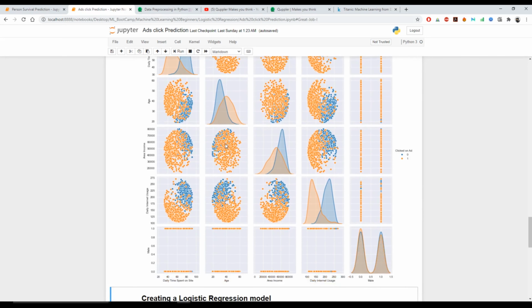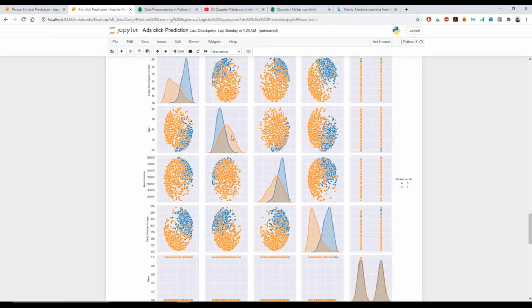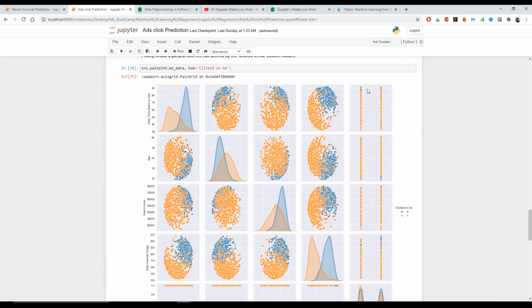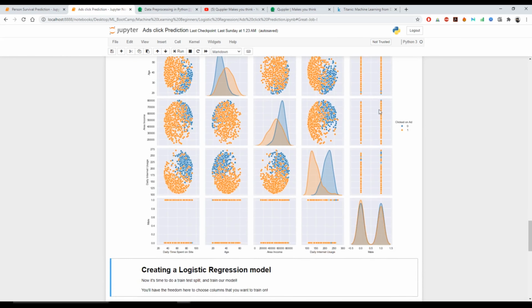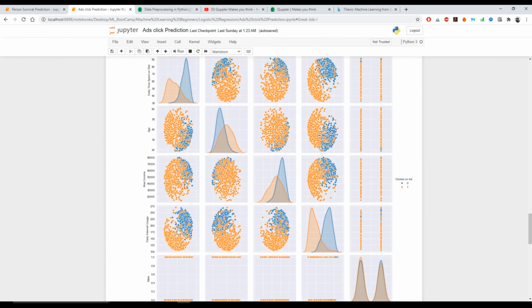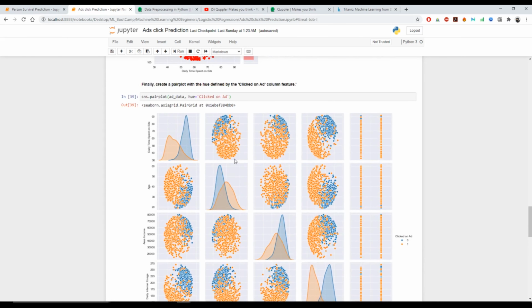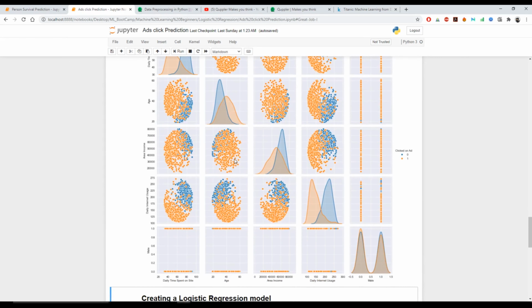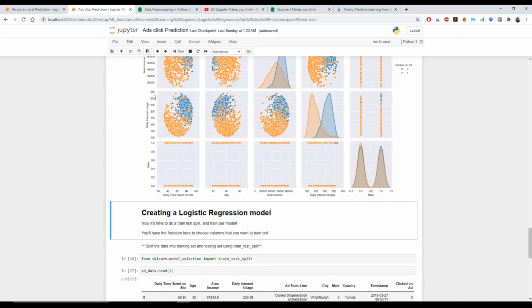So from this overall picture, what we can see is that most of the time the user had clicked on the ads that we are recommending. This is kind of two totally different segmented values. Why? Because it has to be either male or female. In a similar fashion for this column, it has to be either male, that is 1, or female, that is 0. In the same way for this one as well, and a few of the data points have been clustered. So this is kind of good information we have got. Using the pair plot, you can see the overall picture of it.